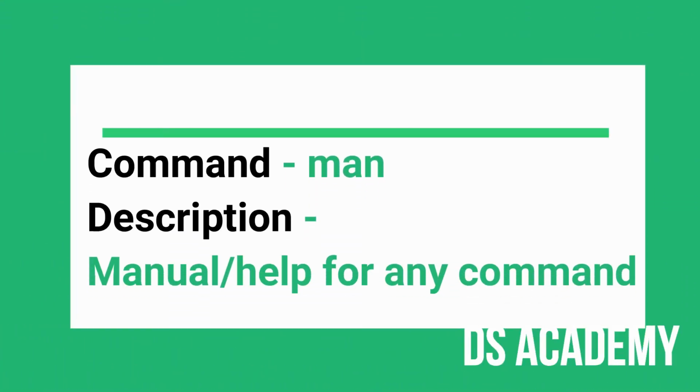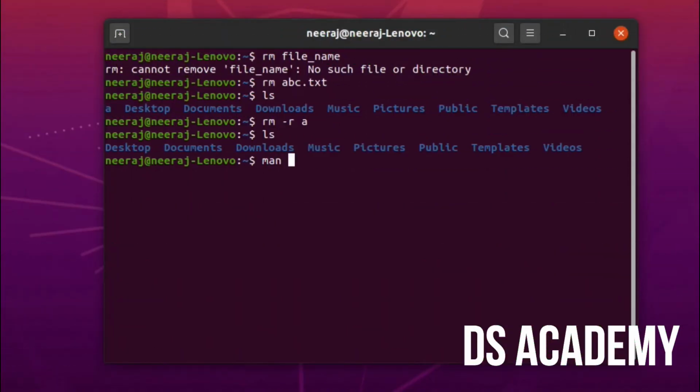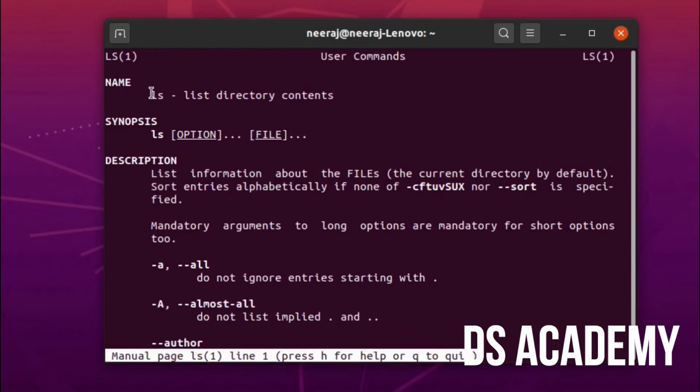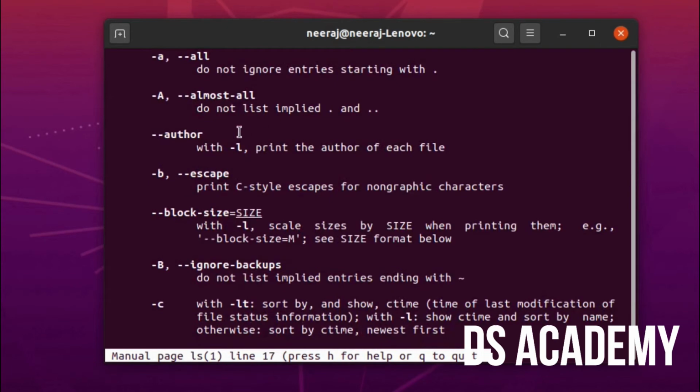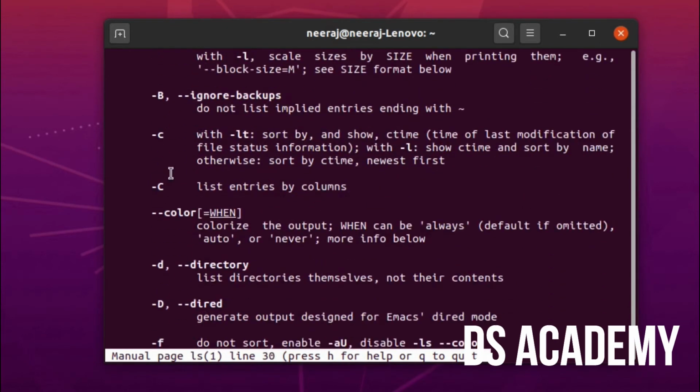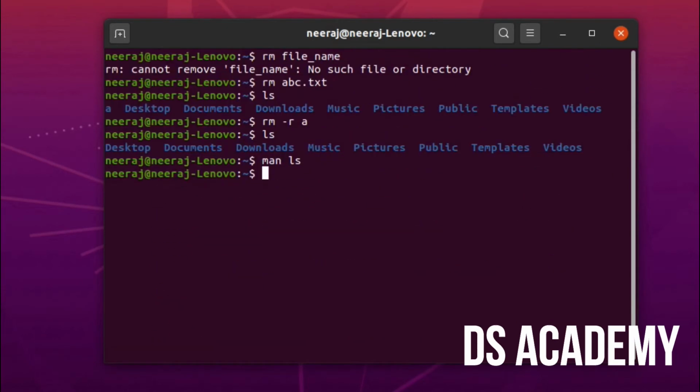Then we have the man command, which is a manual, and what it does is provide me the details of any command available in the system. So if I say man ls, which we have used earlier, this will say ls is list directory, and what options I can use along with it. So the man command provides the manual of that particular command.